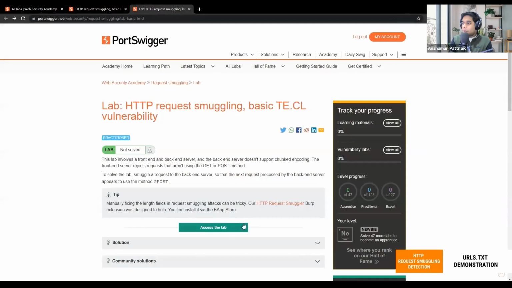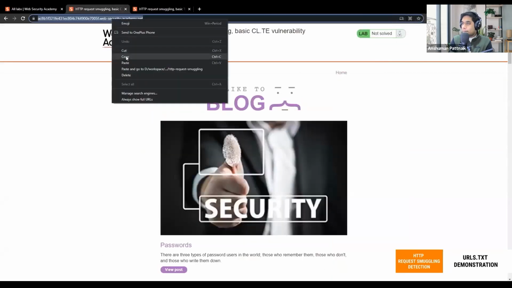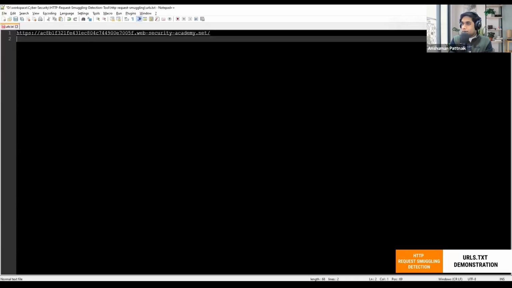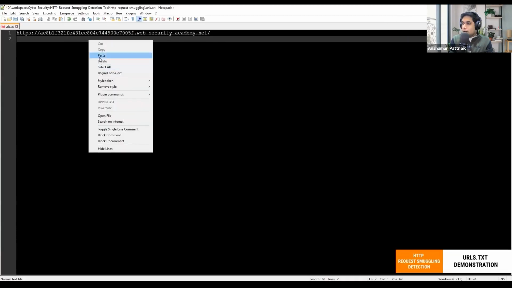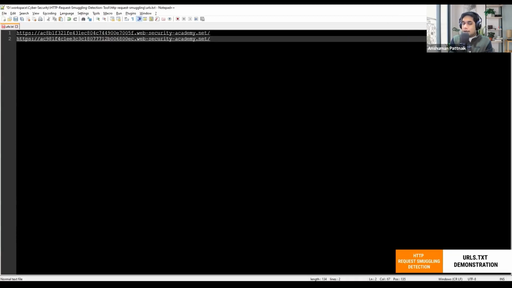We just need to copy both of the URLs and paste them in a text file called urls.txt. After pasting the URLs, we need to run the command python3 smuggle.py -u, then urls.txt, which is the file name.